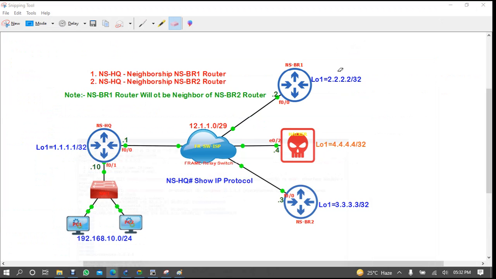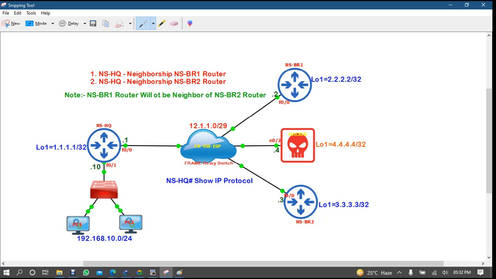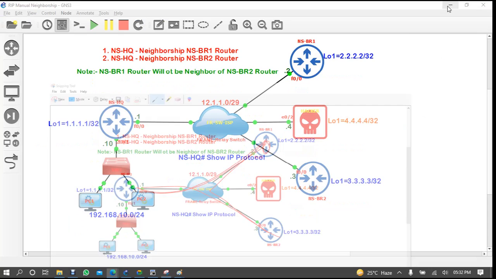Now see, who designed the networks? Network engineers. So now the network engineers of your organization, or maybe you as a network engineer, are enabling two things. One, secure updates between headquarters and the neighbor, or branch, because the routing update is secure just like a static neighborship. And then you say that if a branch wants to communicate to a branch, no problem, they can come directly via the internet and communicate, with no need to go to the headquarter, right? So this is the benefit in this lab.